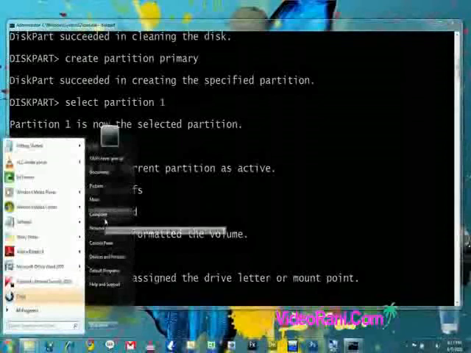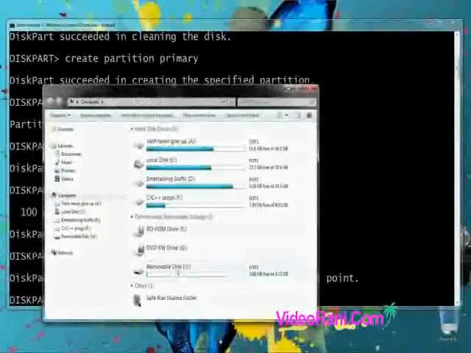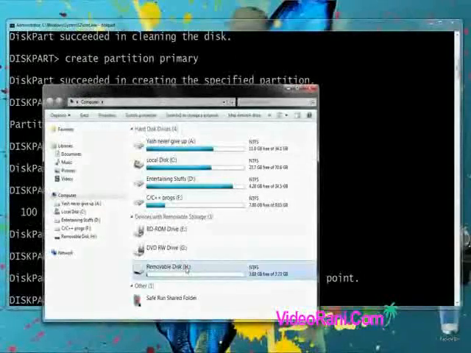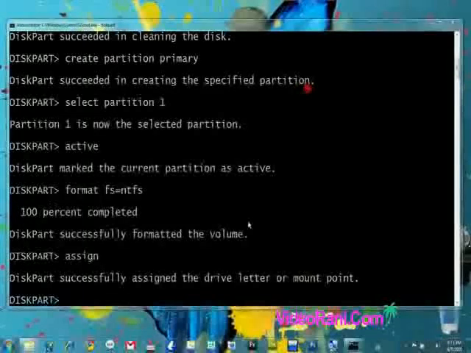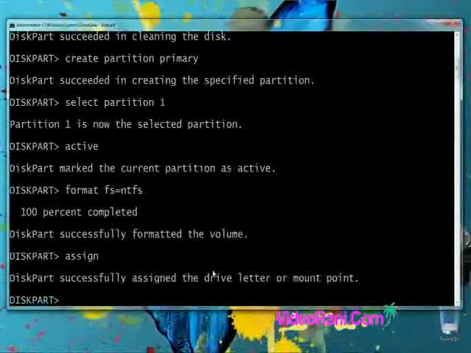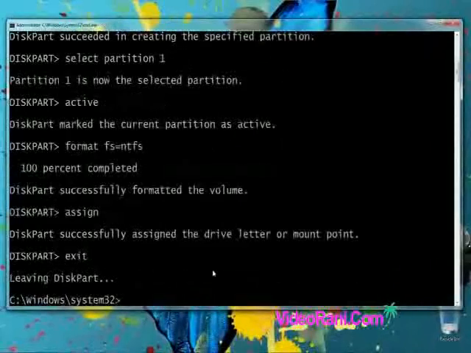We have to notice that my disk letter has changed from the I drive to the H drive. You have to use the H drive. The I drive no longer exists. You have to make sure that you use the new disk letter of the bootable pen drive. Now we have to exit diskpart. Next step,